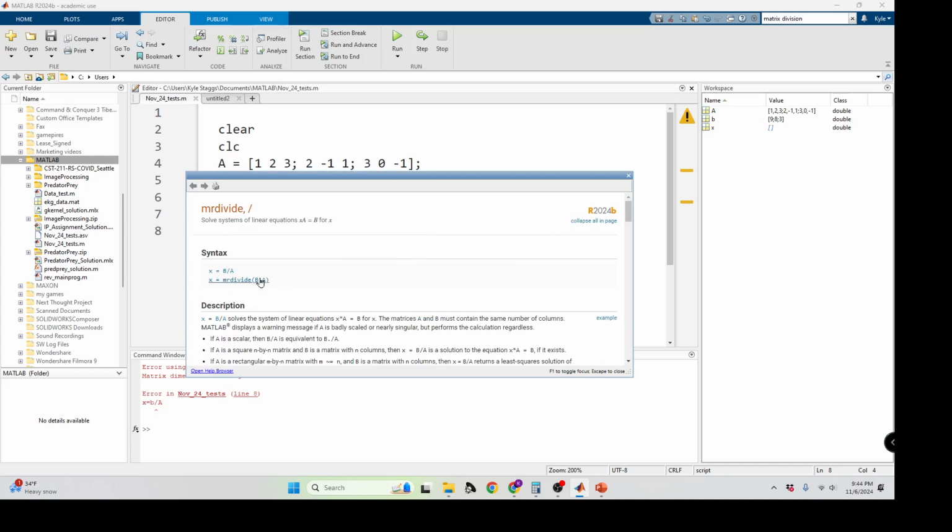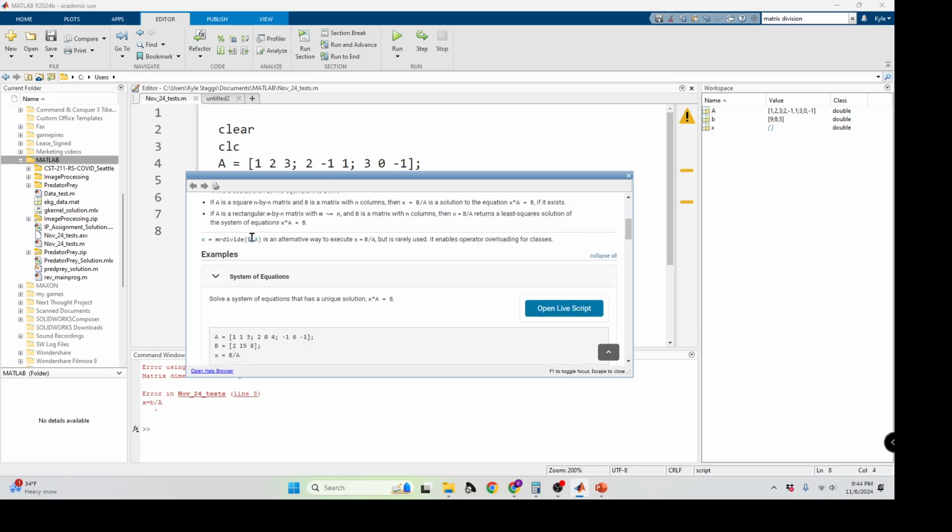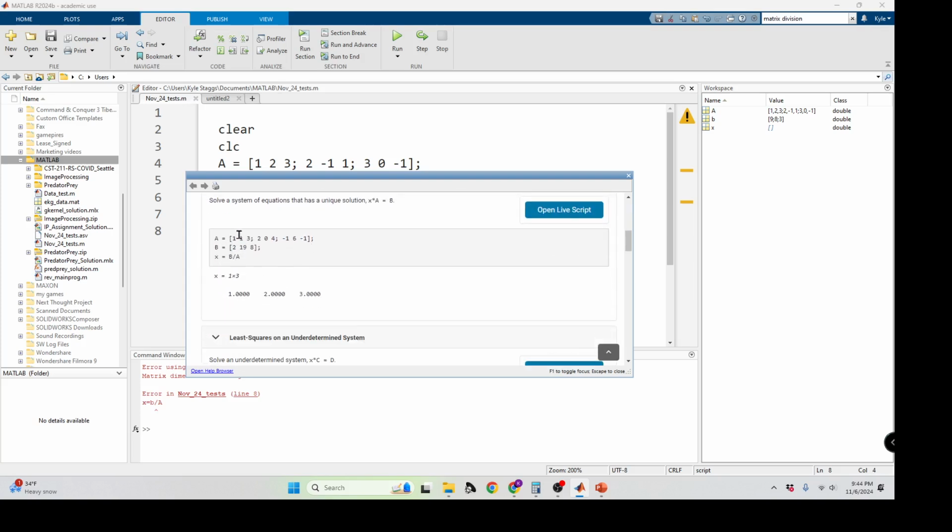The slash is supposed to use the same format. So we have another example given here. Yeah, it's result over